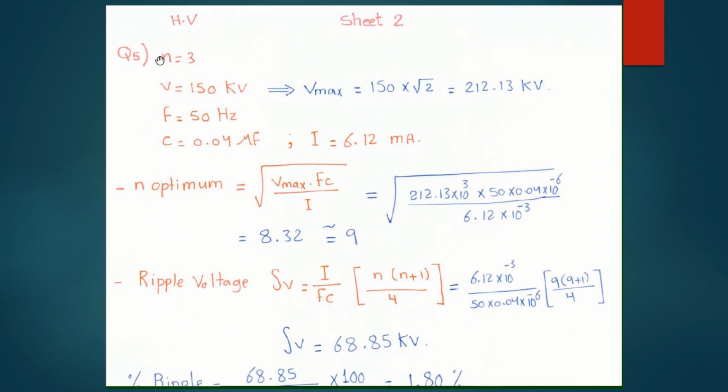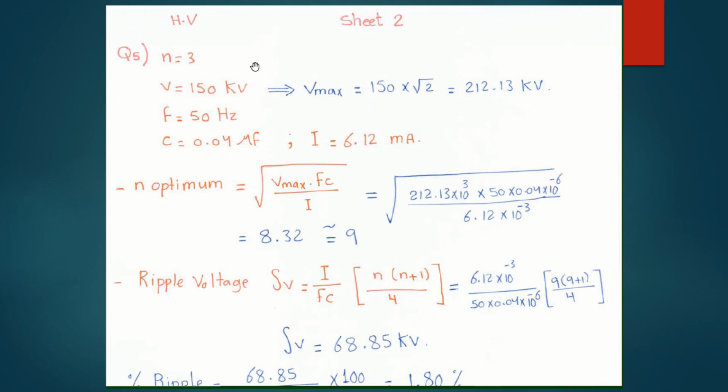So here I make a mistake. N is equal to 3 here. We will neglect n equal 3 because he asked us in the question to use n optimum as the number of stages. Okay, so V is equal to 150 kilovolt. And to find V max, we have to multiply 150 kilovolt by root 2 to make it V max. So V max is equal to 150 into root 2,